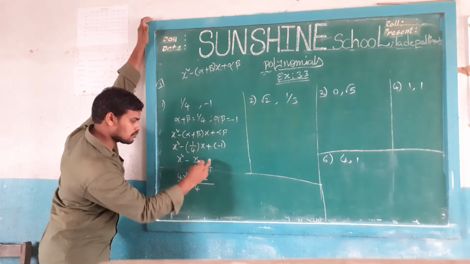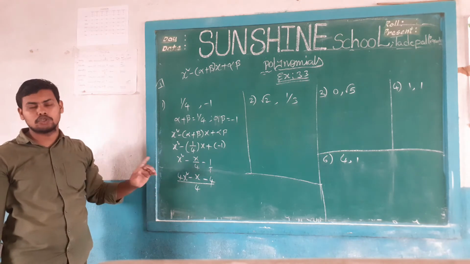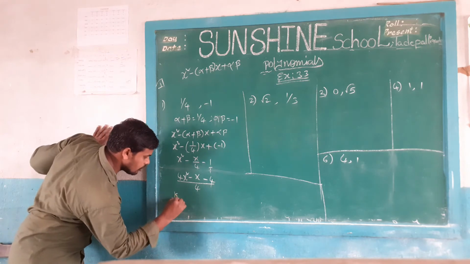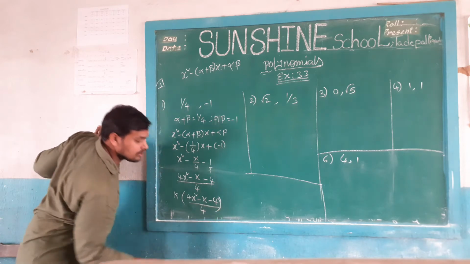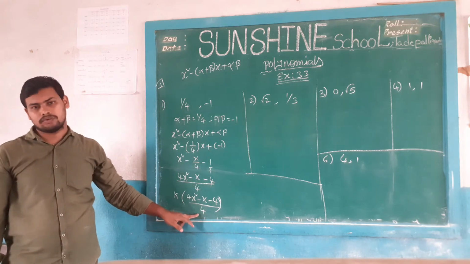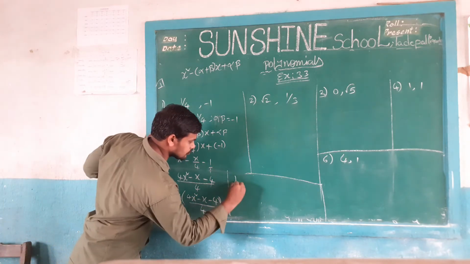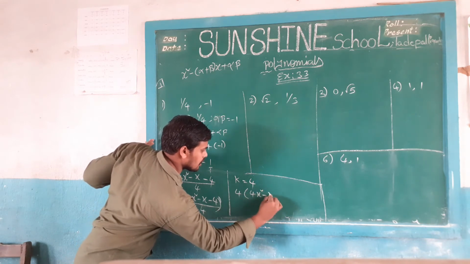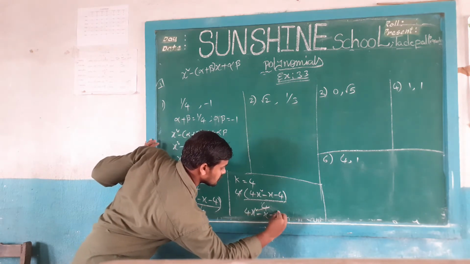1 into 4, 4 times 4 into 1, 4. Whenever there is any denominator in the generated quadratic polynomial, you should multiply that polynomial with the value k. k into 4x square minus x minus 4 by 4. Then you have to substitute the k value. What is the value in the denominator here? 4. So you should simply write k equal to 4. So 4 into 4x square minus x minus 4 by 4. 4 cancel. 4x square minus x.